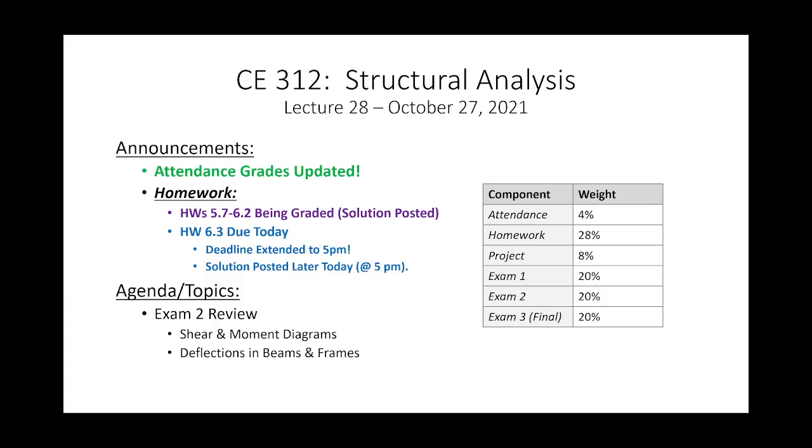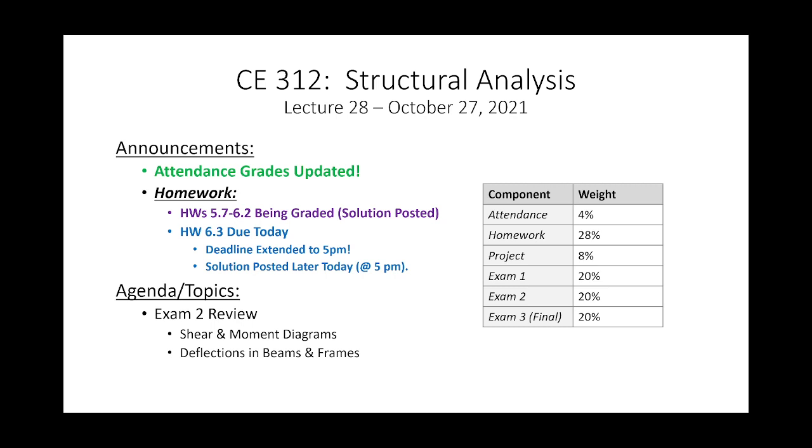Okay. If you got my email right before class, I got a few questions on homework 6.3, and given that we're doing exam review today anyways, I thought we could take a few minutes and talk about it. But at the same time, we're not talking about just that assignment. We have the entirety of shear and moment diagrams and deflections, etc., which is going to be on the exam. So I don't want to devote too much of our exam review to that one homework assignment, but we will